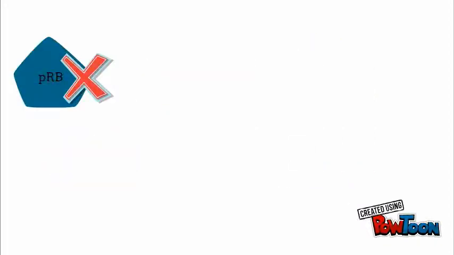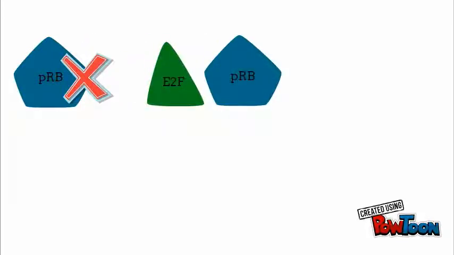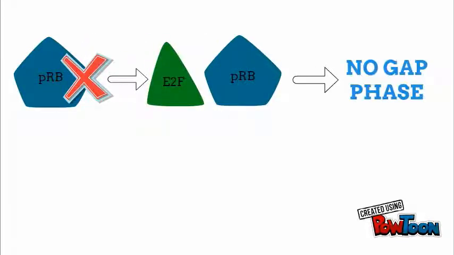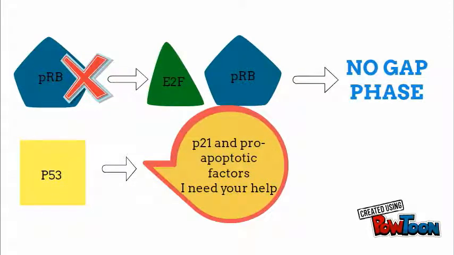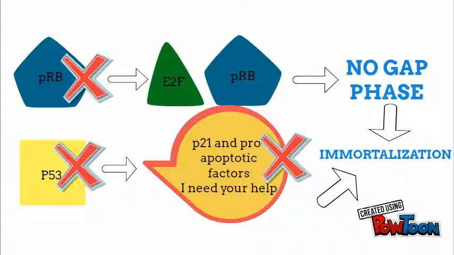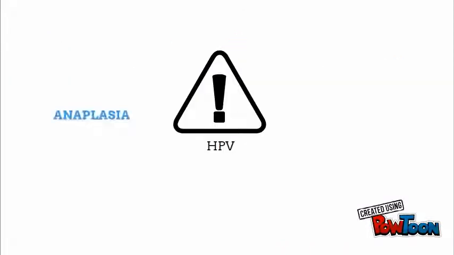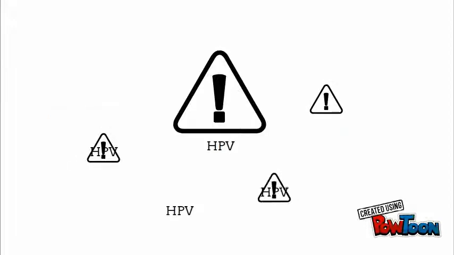If PRB is inhibited, then it will be phosphorylated and E2F will remain free, leaving no space for p53 to function since there will be no gap phase. Next, E6 will also inhibit p53. If p53 is inhibited, there will be no signal that will call on p21 and the pro-apoptotic factors. Both of these scenarios will cause immortalization of the cell. Eventually, there will be aneuploidia and invasion when the cell has now developed to a cancer cell, causing